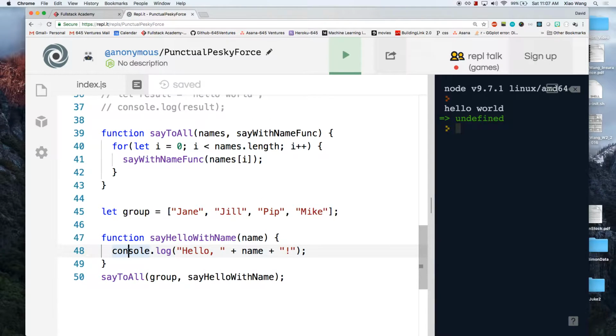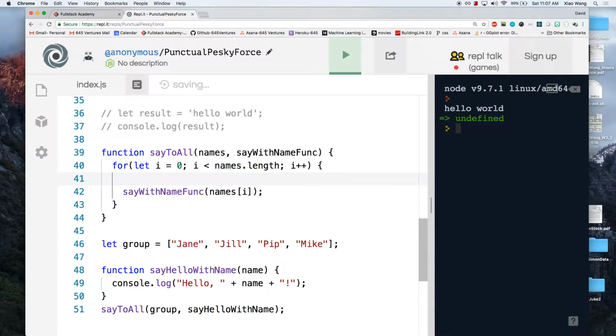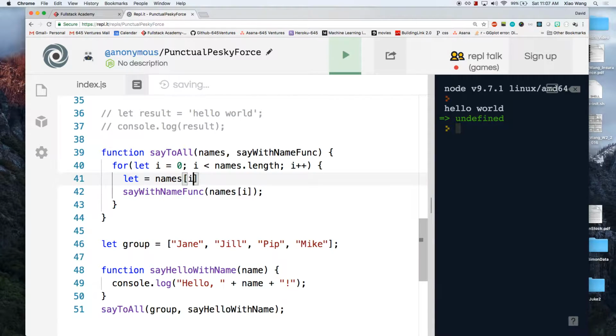Okay, so let's say we're looking at this code now. If over here on line 41 I say let x equals names index I, what does that give me? Jane, Jill, Pip, and Mike. Okay, great. And then if I say let x equals